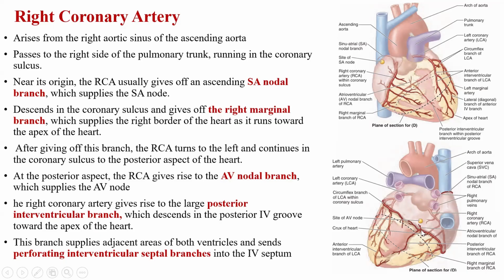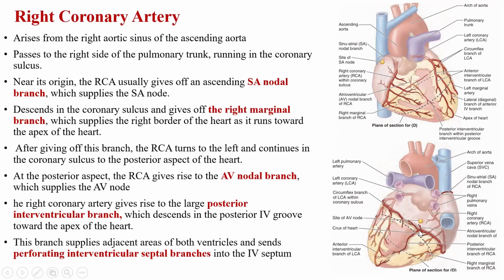Now at the posterior aspect, right coronary artery gives another branch to AV node, that is also located in the right atrium inferiorly, and AV nodal branch is given by right coronary artery from the posterior aspect, and it supplies the AV node. Then the right coronary artery gives in most of the cases posterior interventricular branch, which runs in the posterior interventricular groove, and this artery, as you know, is